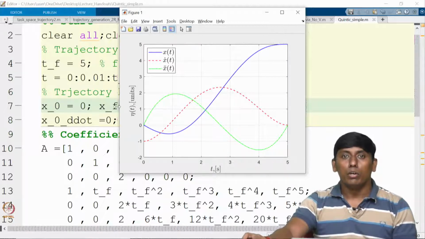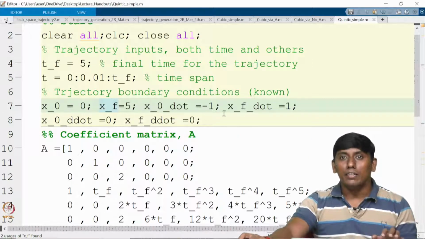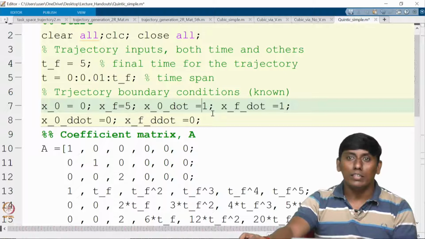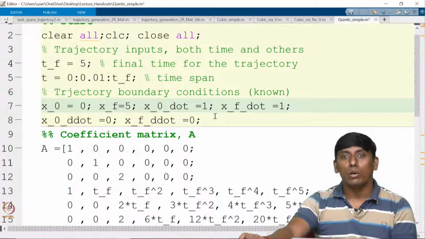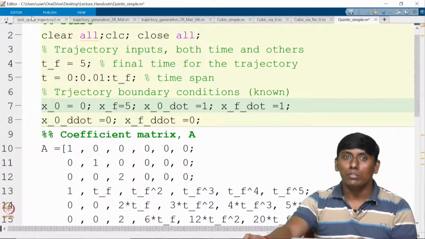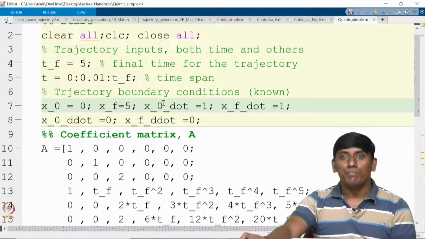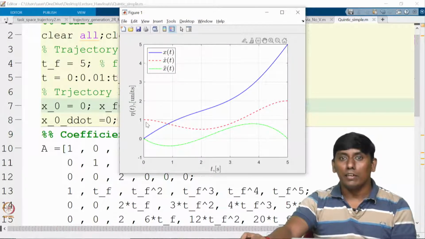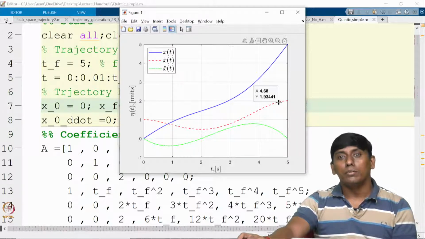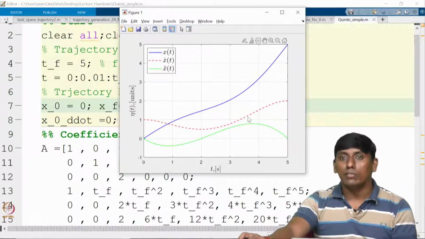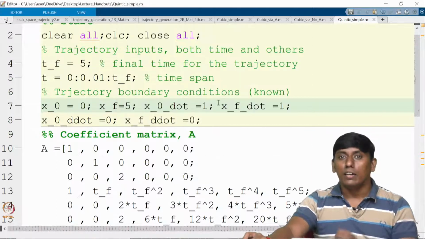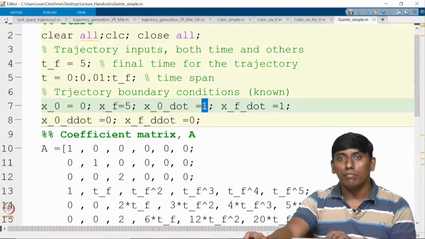Okay. So if you want to see a little more inside, I put the initial and final velocity as 1. So you may expect that it would become a constant. It is not. It again goes as a smooth curve. So we can try to see that. You can see it is starting from 1, and from 1 to 1 it is added, because we assumed that the initial velocity is 0. So that way it is making an addition. Now in that case we can see how it is going. So this is added from the initial.